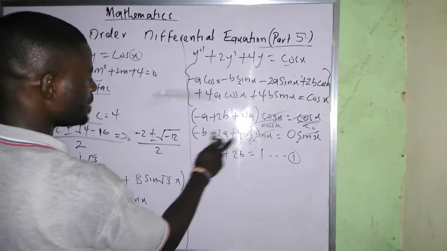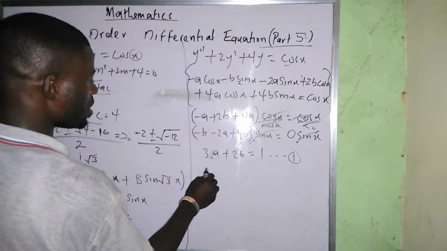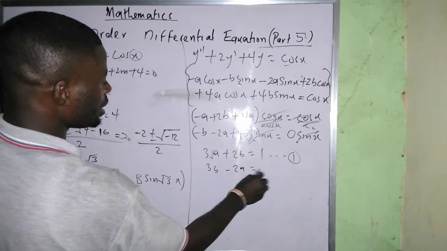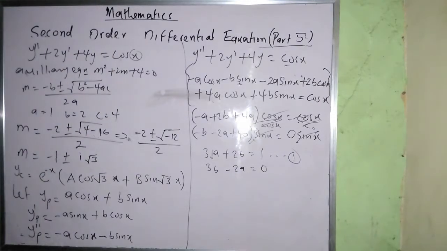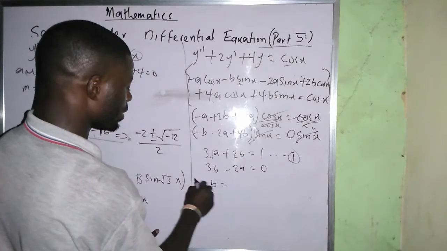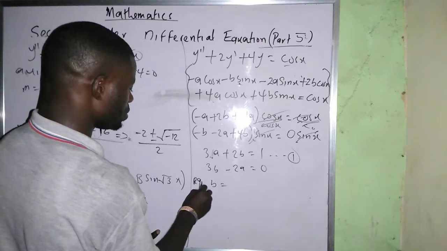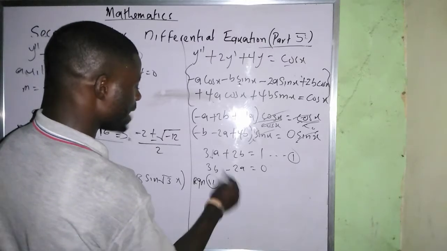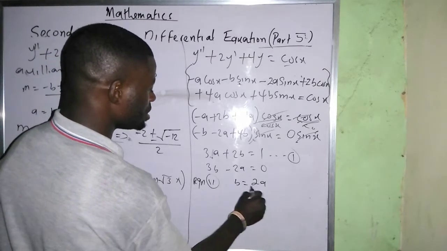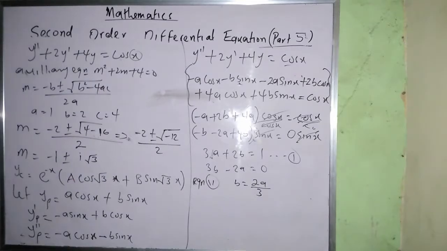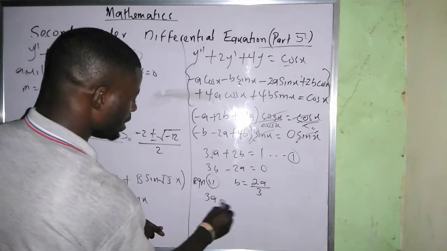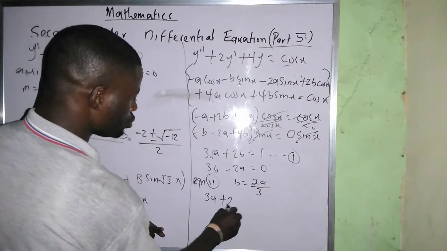And also, I'll be having 3b minus 2a equals 0. Now, I think I can say that my b equals, from equation 2, my b can be equal to 2a divided by 3. Now, if I put my b in this part, it means I'll be having 3a plus 2